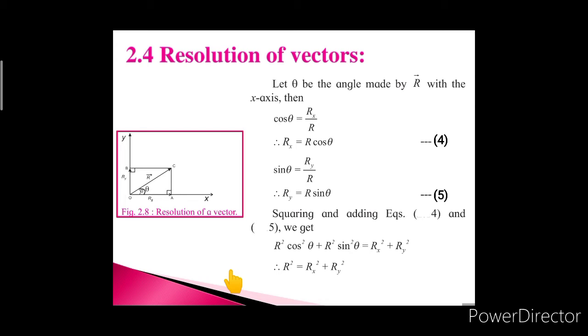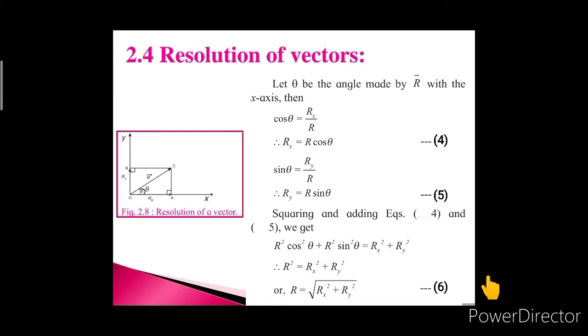And after that we are supposed to take the square root of the equation there. R square will be R only when we are taking its square root, and Rx square plus Ry square when we are taking its square root. So it is to be written as square root of Rx square plus Ry square. So the next step we have to write r is equal to square root of rx square plus ry square, and give it equation number 6. Now, this equation number 6 gives the magnitude of the vector r.